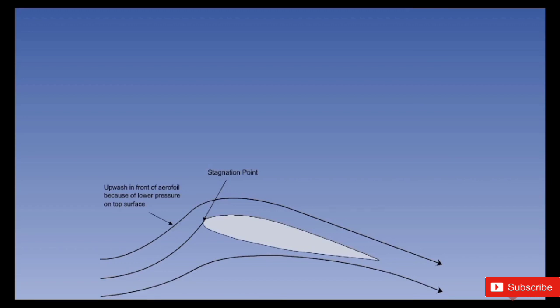At a point on the lower side of the leading edge, the airflow will be brought to a halt at a point called the stagnation point, where the airflow separates to pass over and under the wing. As the airflow moves back over the aerofoil, it will tend to slow down, flowing against the adverse pressure gradient.